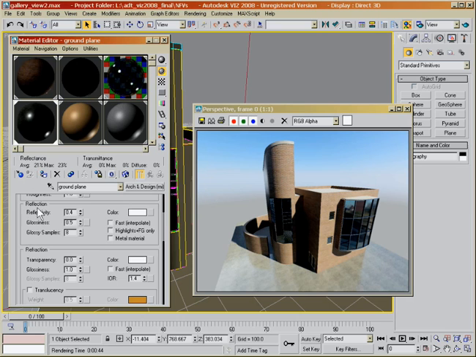We see that the reflection parameters have a value of glossiness that is less than 1. A value of 1 means a pure, clear reflection. A value less than 1 means the reflection is increasingly blurry. When the glossiness value is less than 1, the glossy samples value is enabled, and lets us specify the accuracy